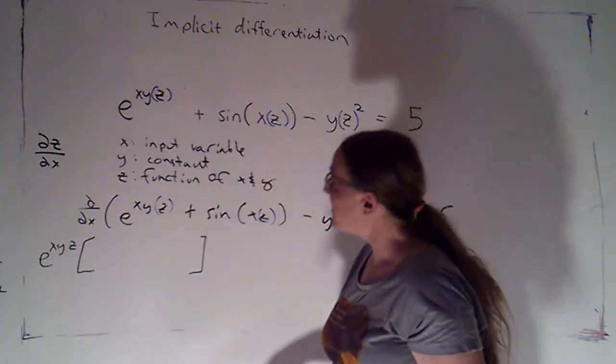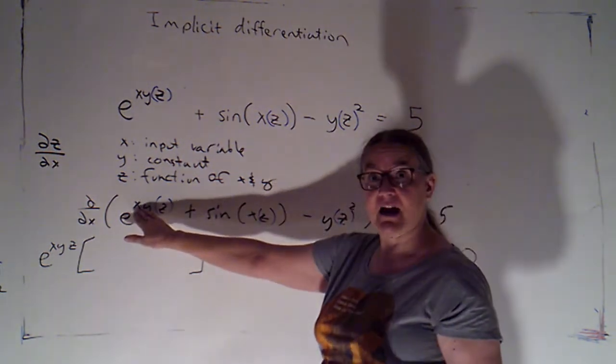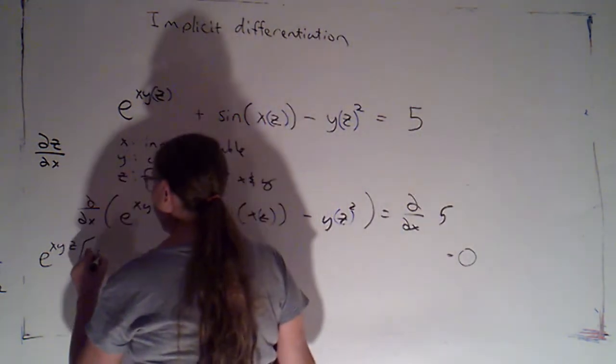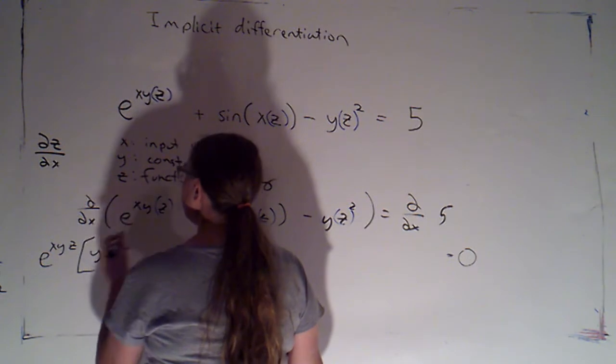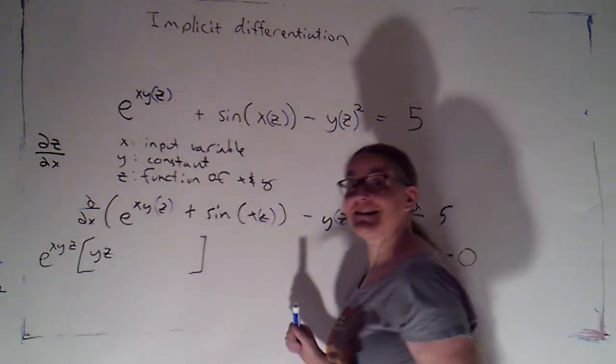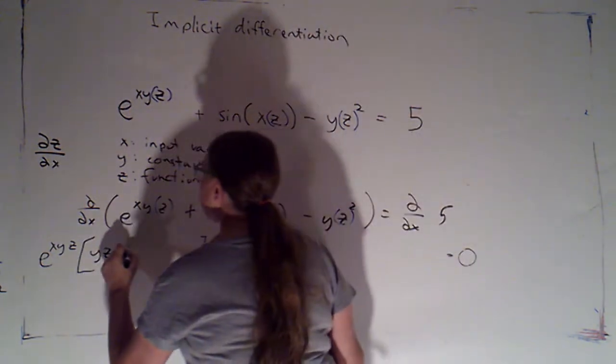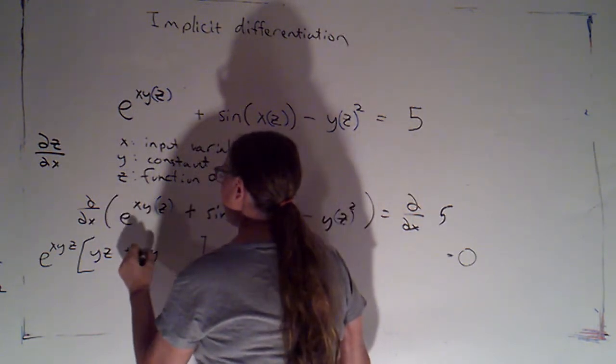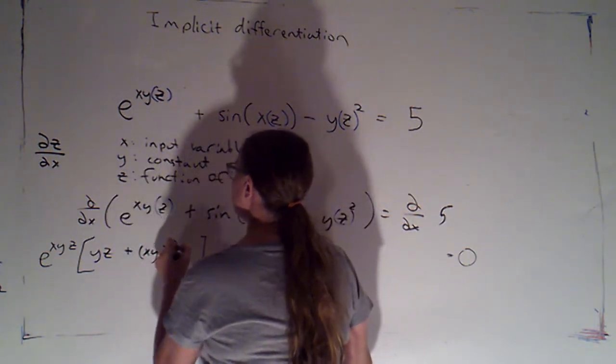Okay. So the partial of x times y, since we're treating y as a constant, that's just going to be y times the other function, z, plus this first function is x times y times the partial of z with